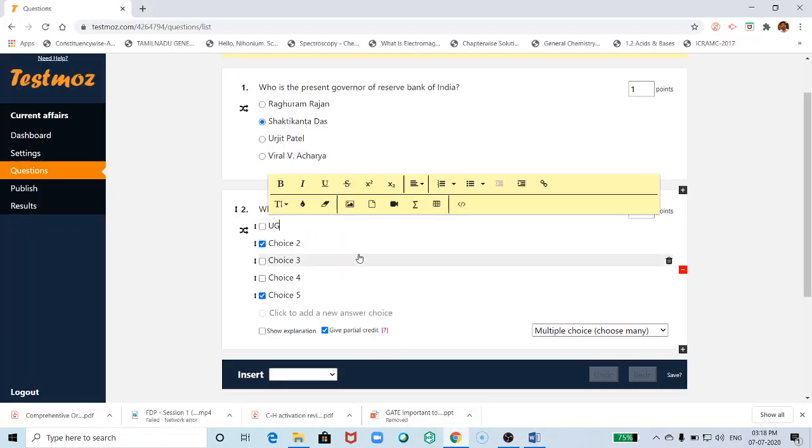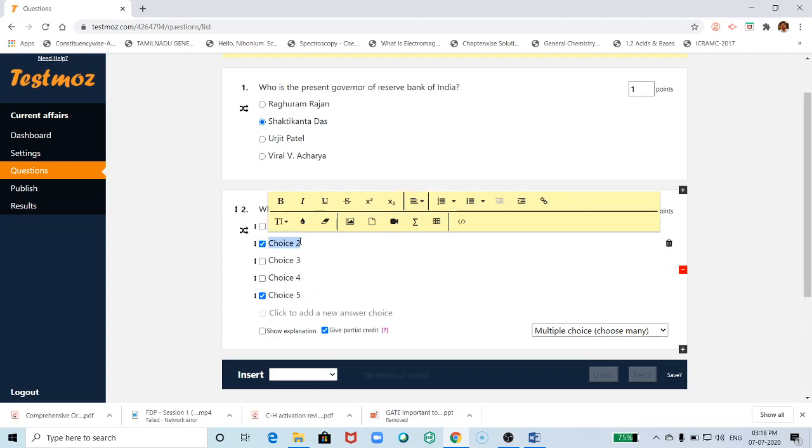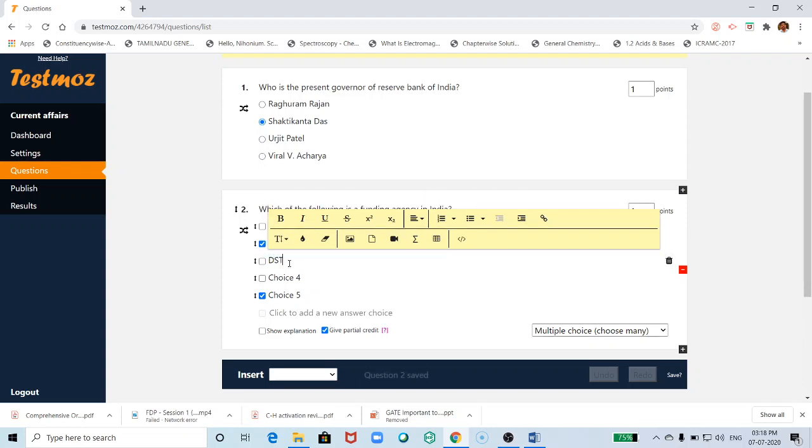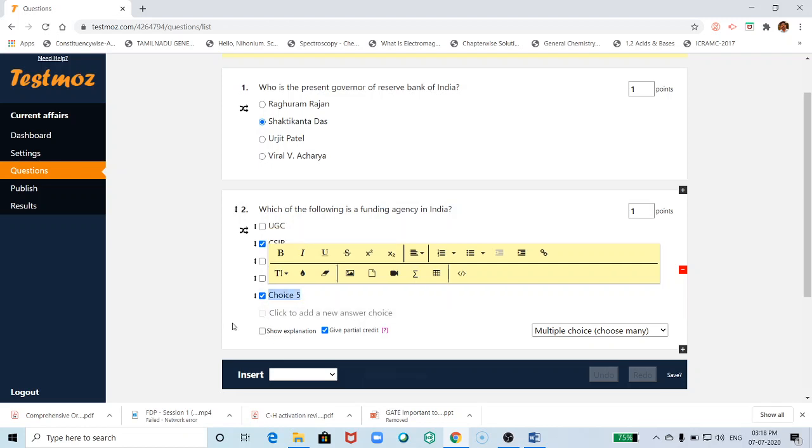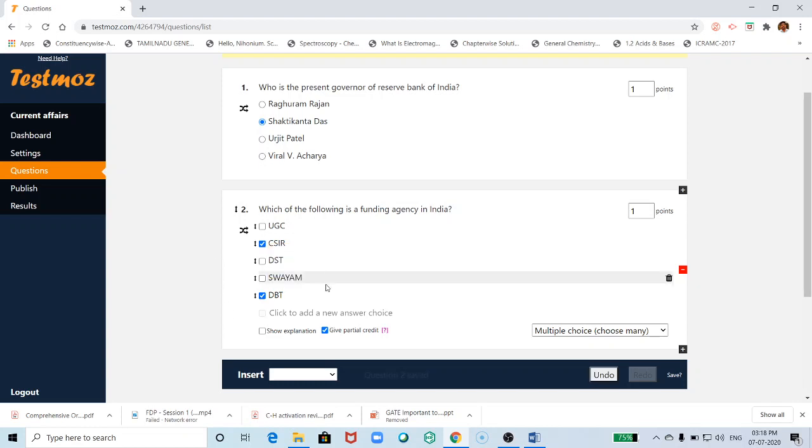UGC, CSIR, DST, SWAYAM, DBT. So this is a multiple select question.